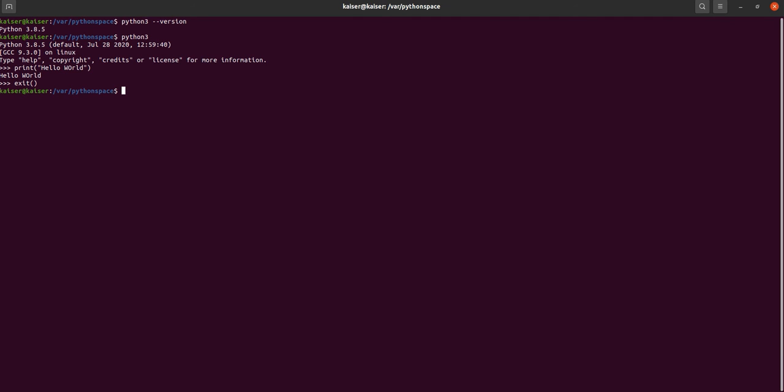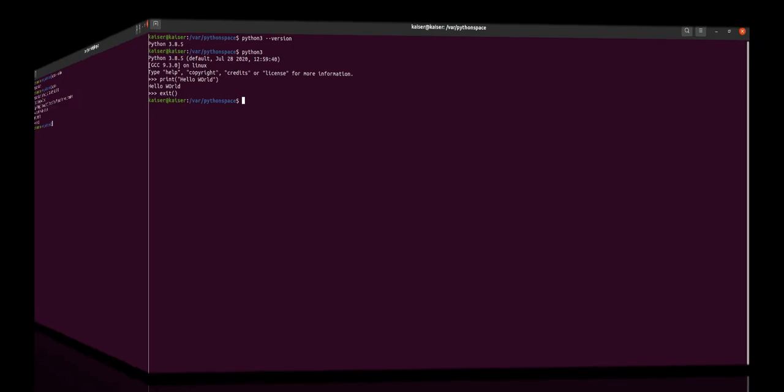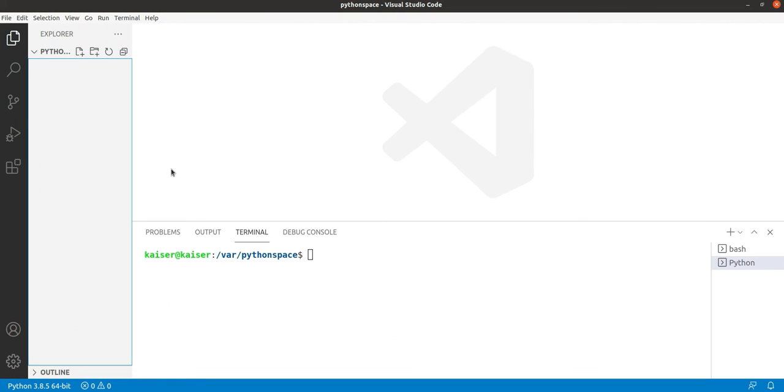I'm using Visual Studio Code as part of this beginner series. You can use any kind of IDE, or based upon your flexibility, you can use anything you wish to run Python. Here, as part of this beginner series, I will be using Visual Studio Code. I just opened Visual Studio Code. I'm going to click on the plus sign and create a new file in that workspace. In my case, Python is the workspace I've created.